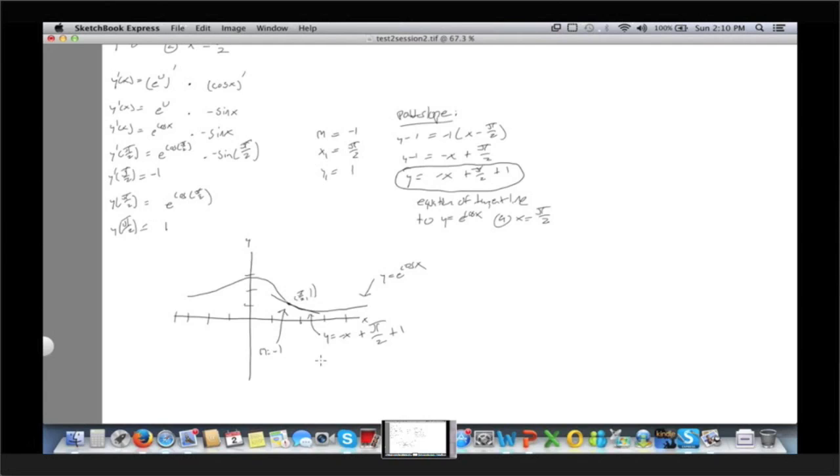Why should we use an approximation when we know the original function? Well, just because the equation for the tangent line is so much simpler. Compare the equation for your tangent line with the equation for the function. The equation for the tangent line is just y equals negative x plus a constant. It's a very simple equation to work with. But notice what a complicated equation the function has. y equals e to the cosine x. Pretty complicated. So the tangent line is only an approximation, but the advantage is it gives us